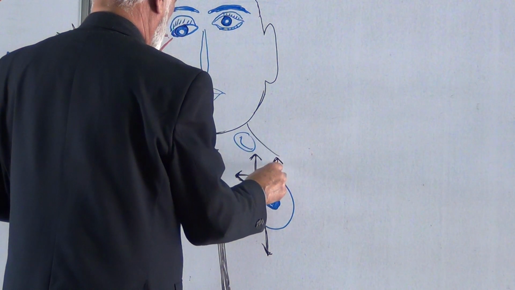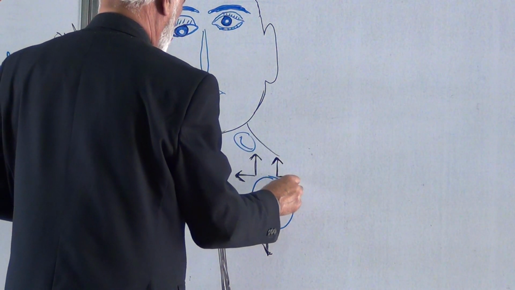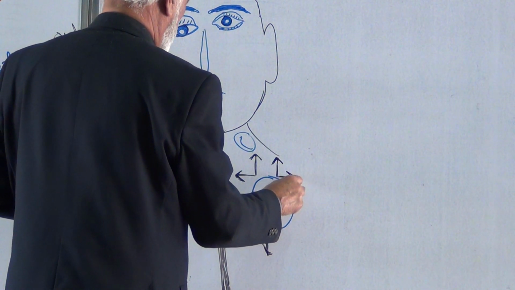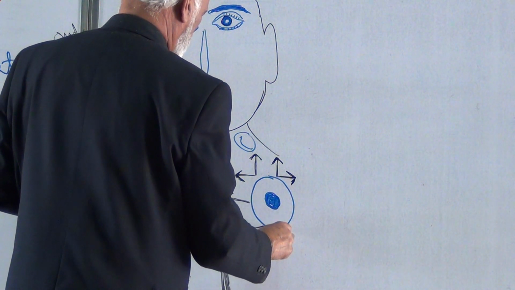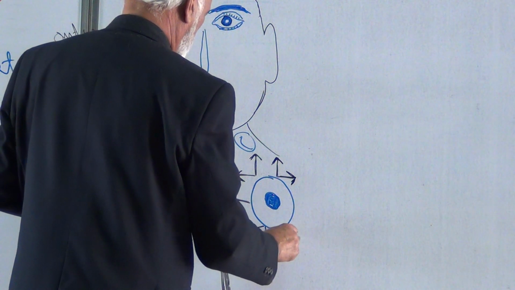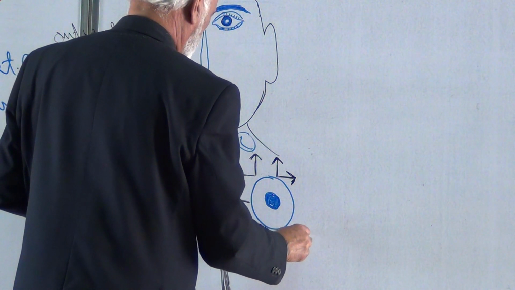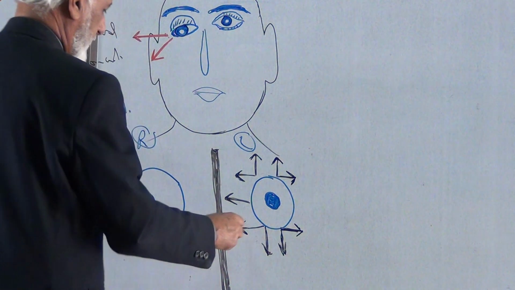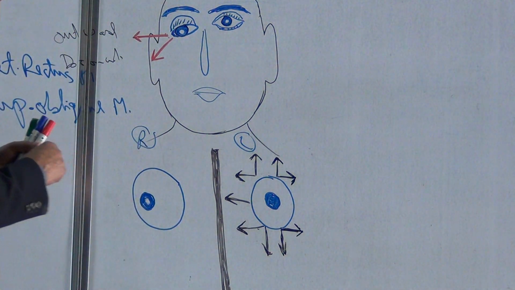The inferior oblique muscle moves the eyeball upwards and outwards, while the superior oblique moves the eyeball downwards and outwards. This is the normal side. Now on the paralyzed side,